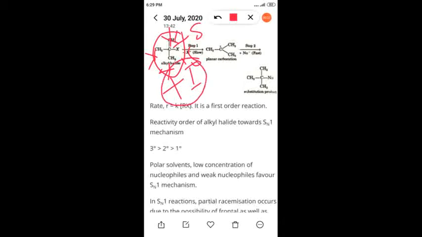Here in case of SN1, there is a tertiary group. This tertiary group shows plus I effect, because methyl is an electron releasing group, so electron density on this carbon increases, and it also contains an electronegative element. So there is more crowding, and it shows plus I effect. Due to this plus I effect, there is a formation of carbocation, that is carbon with a plus sign. Now after that, this carbocation is formed.